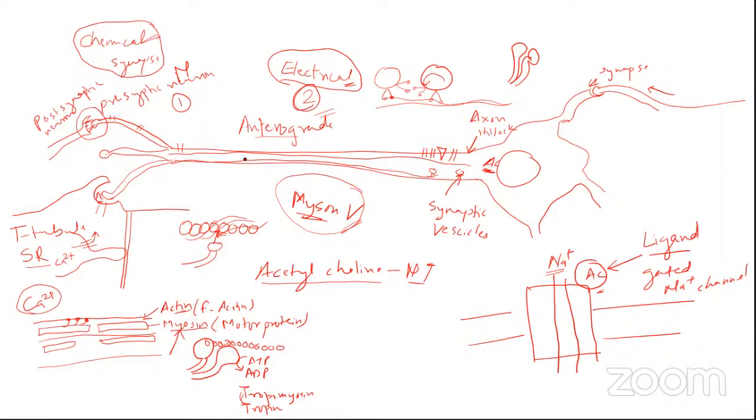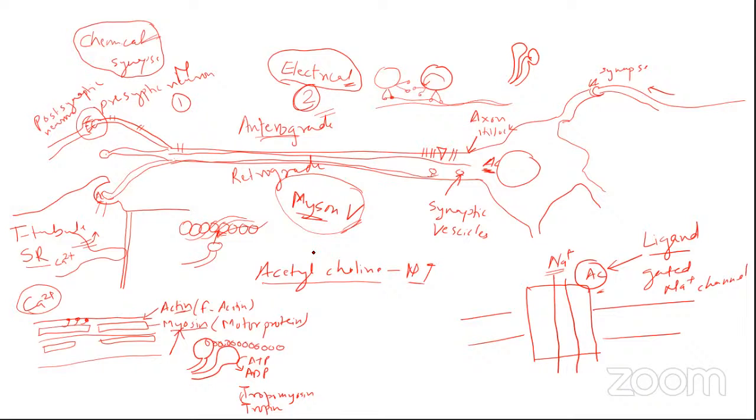This kind of transport of the synaptic vesicles from the cell body to the axon terminus is referred to as anterograde transport. There is another transport mechanism where the empty synaptic vesicles are transported back from the axon terminus to the cell body so that they can get refilled. So from the axon terminus, if the empty synaptic vesicles are moving towards the cell body, this kind of transport is referred to as retrograde transport. So I hope that this much is clear. Should we go ahead from this point now?